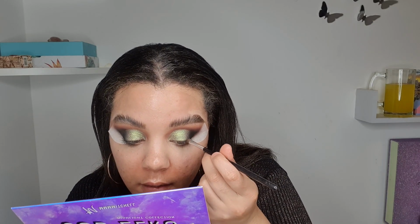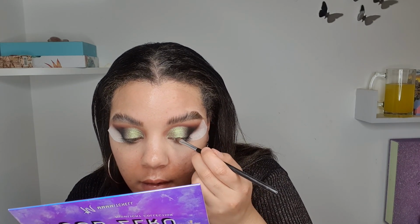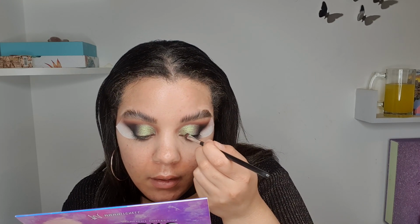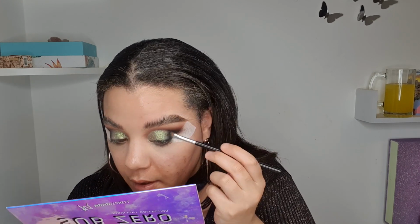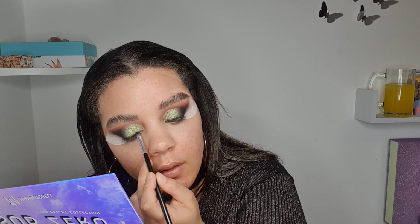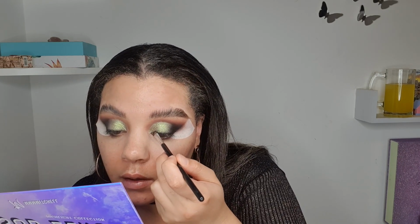And I'm going to sort of take that along the lash line a bit. And I'm blending a bit upwards as I go. Don't worry, I'm not going to leave it like this. So I'm really just stamping it on. Not quite as precise as I would have liked it, but